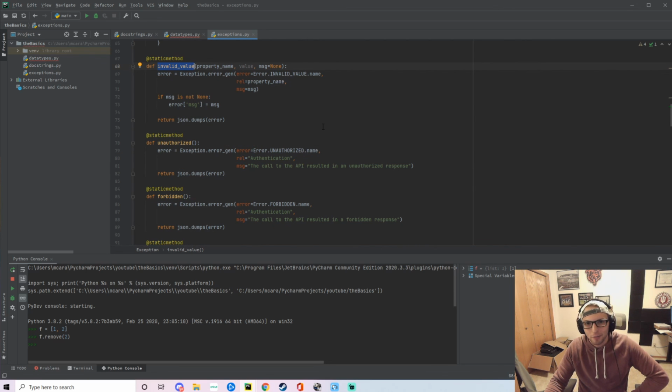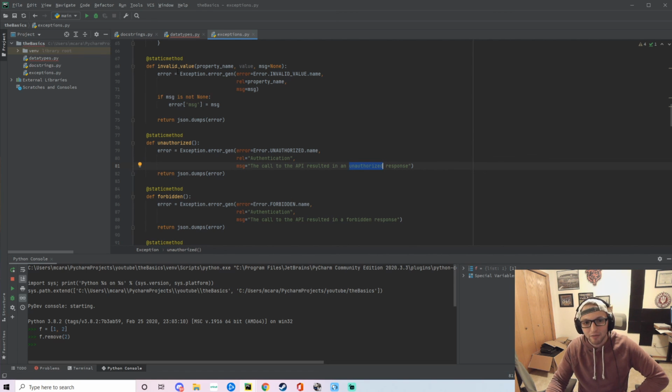You'll notice that some of them actually have parameters being passed in and others do not. In certain cases, it's not always a good thing to be exhaustive with your logging. The unauthorized and the forbidden are pretty much exclusively resulting in security errors. Whenever you're doing a security error, you do not want to be descriptive to whoever's communicating with your client. You want them to figure out what the problem is on their own, just in case they are a hacker. You don't want them getting too much information. So in this case, I'm just going to throw a base unauthorized exception, not give them much to go off of, and then return it back.